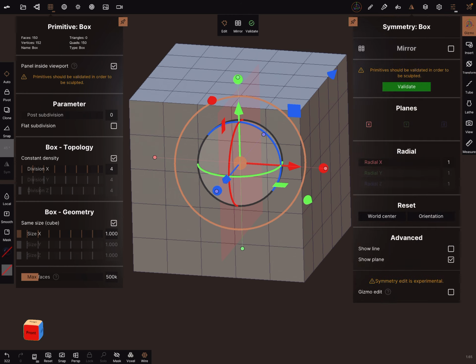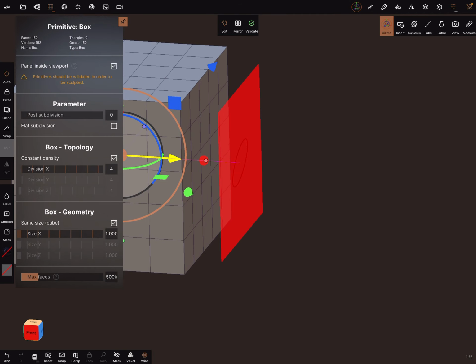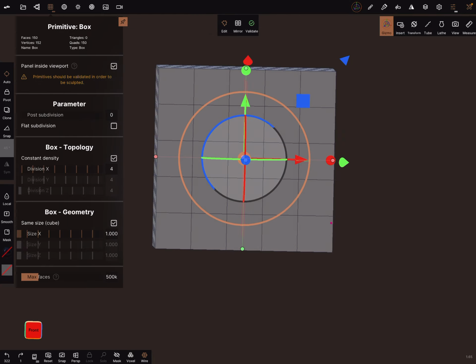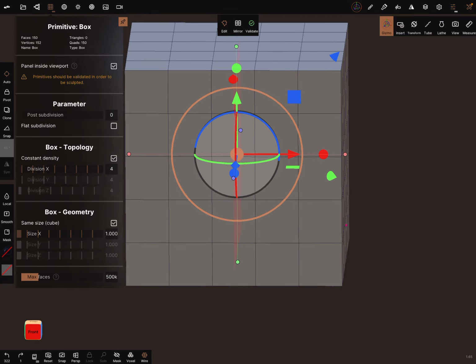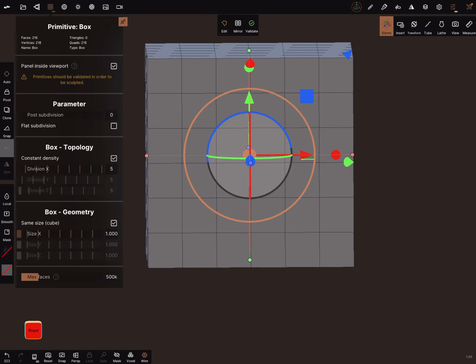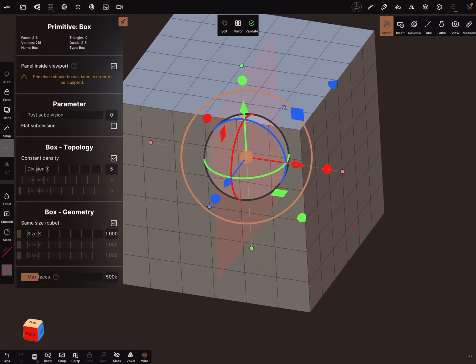In the symmetry, I've activated show plane, and we need the symmetry for this. We need the planes, and this is the symmetry plane, and I hope you can see it. It's in the center of the mesh, and use a division, an even number, because 4 is okay, but 5, the symmetry is exactly aligned with a grid.